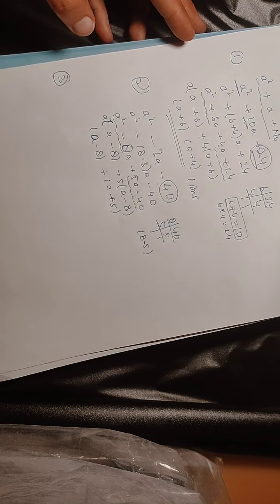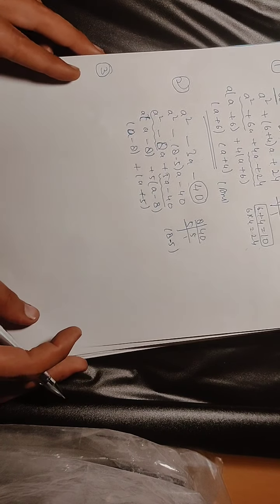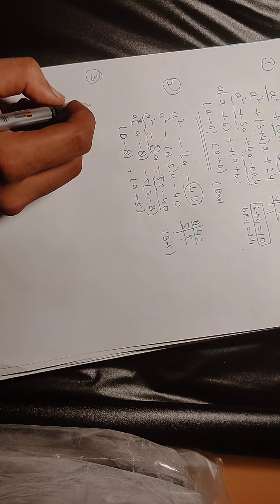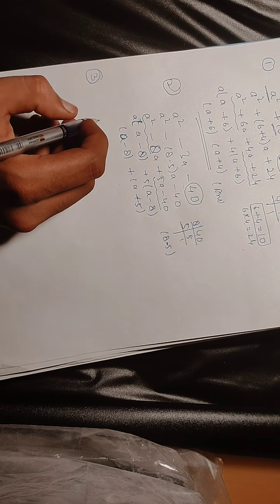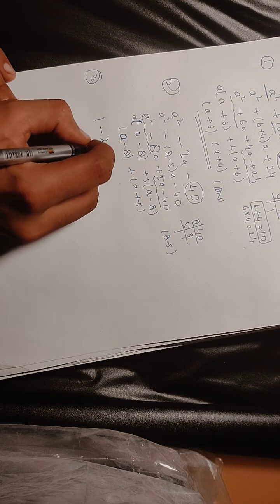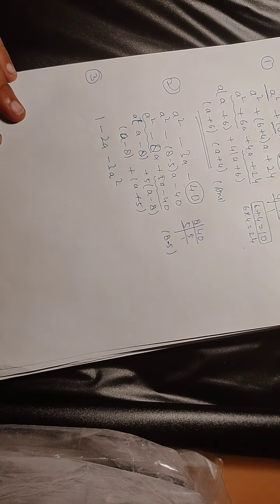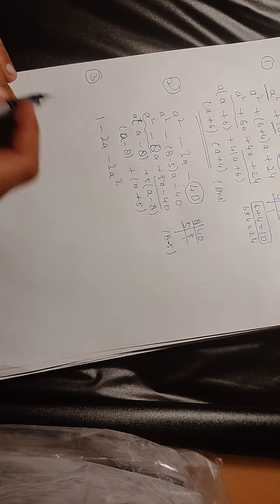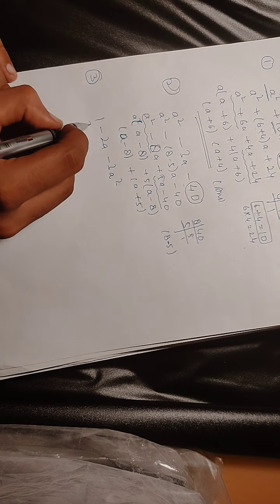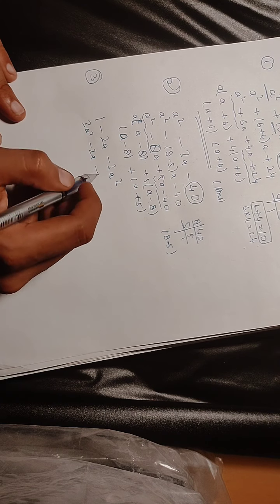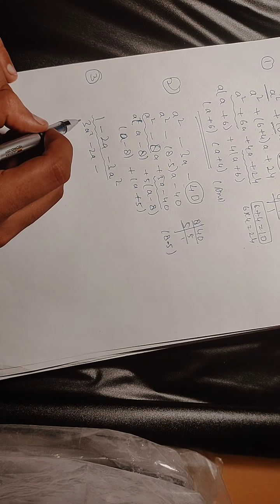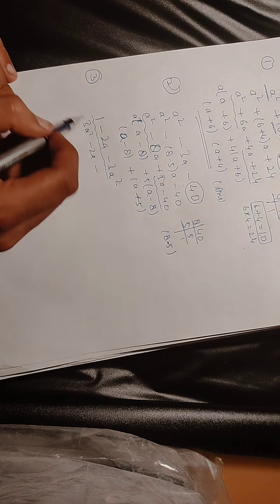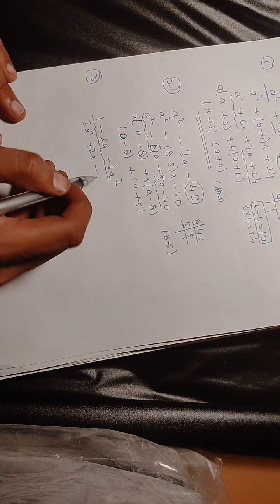Third question we are going to solve. Here in the third question you will find 1 minus 2a minus 3a square. Okay, so you can arrange it in this form also, or you can do it directly, no problem, whatever you want. Just look at this form. If you are taking 3a square as the first term, then you have to take it with plus, and then one will be plus and one will be minus.